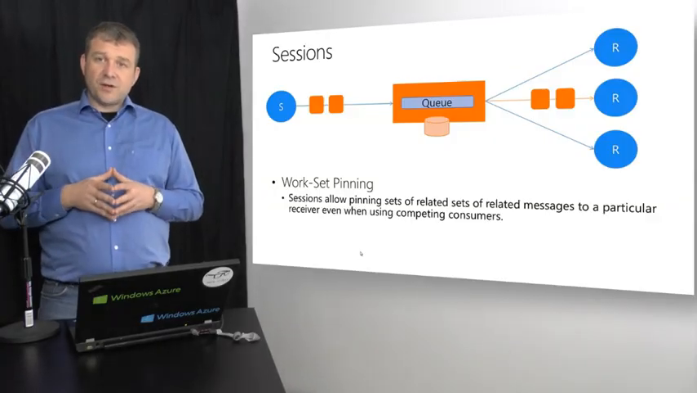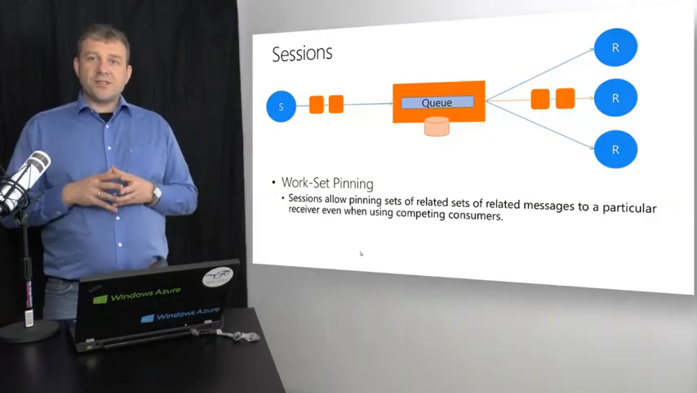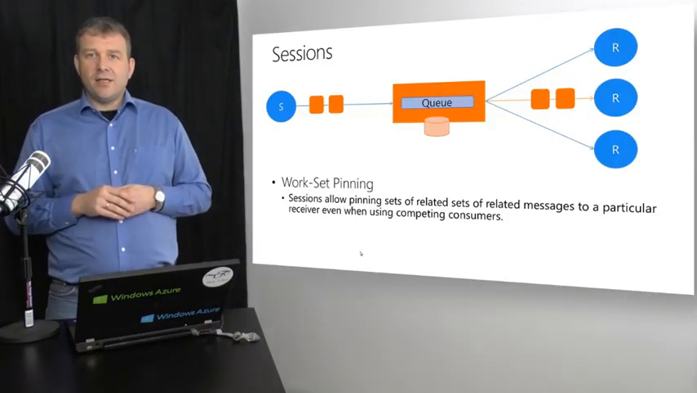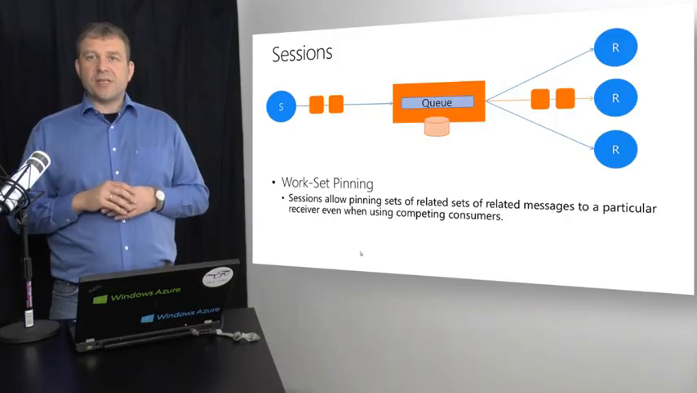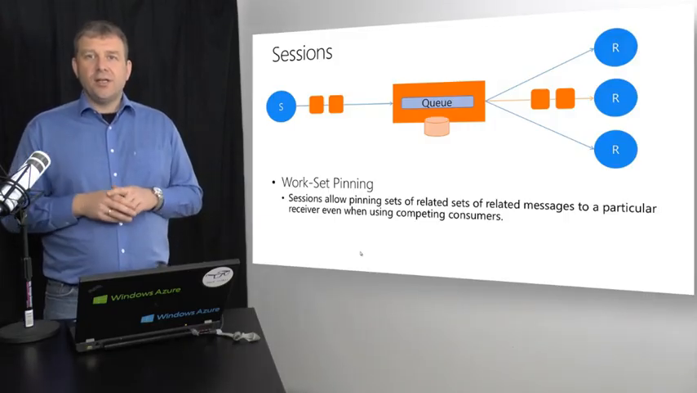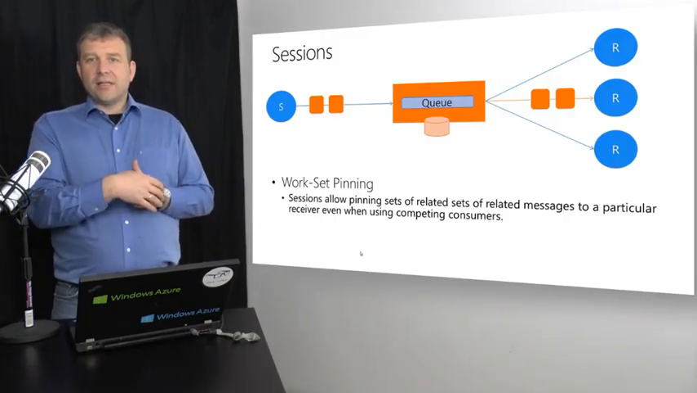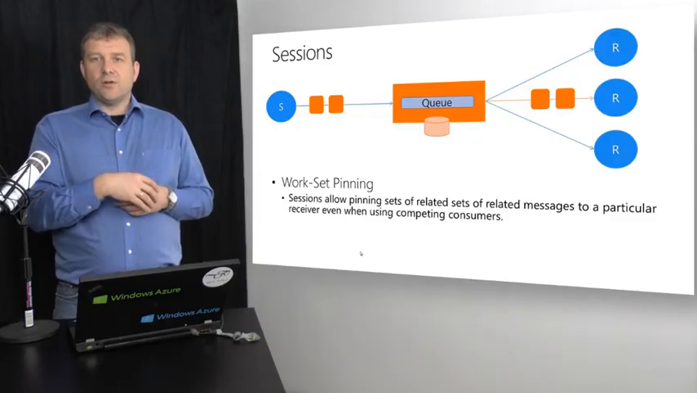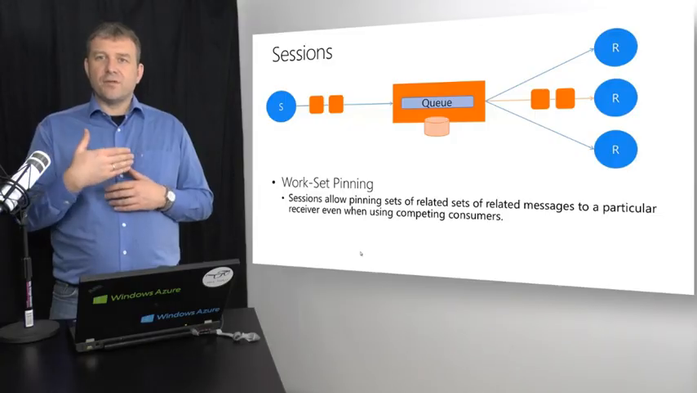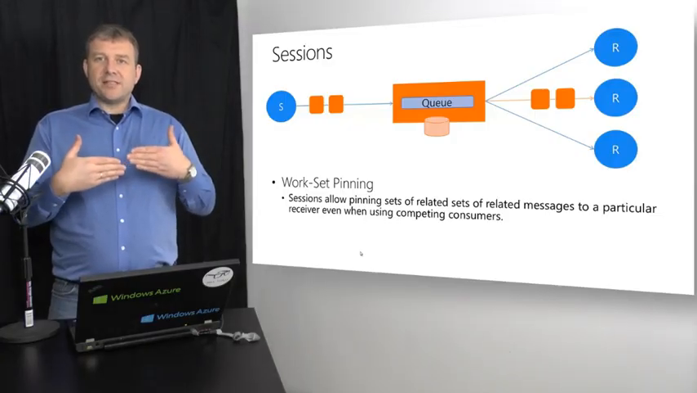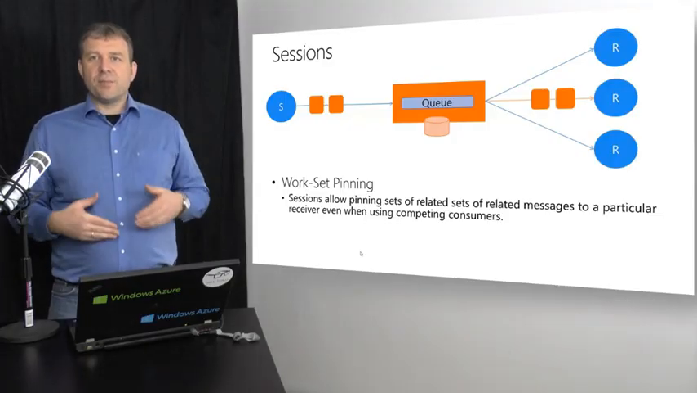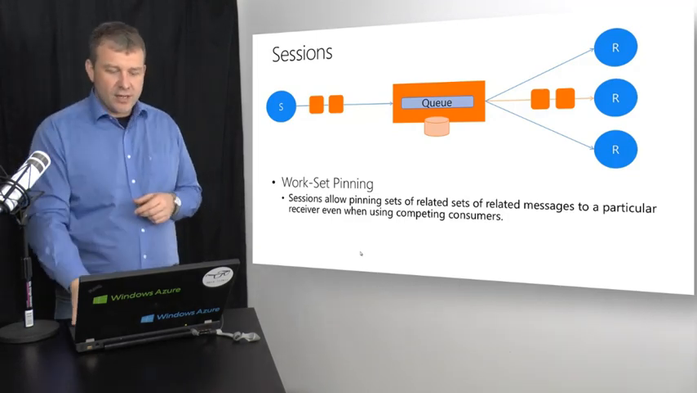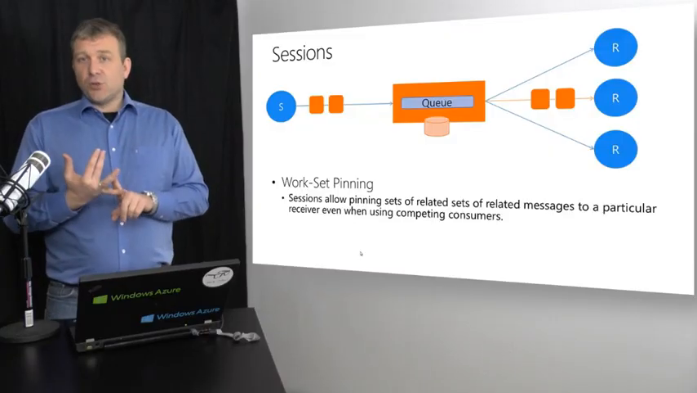So a receiver now takes a lock on a particular session ID. It can do so anonymously by simply asking for any session that is not locked. As soon as a message shows up with an unassigned session ID, it will go and be assigned to that. And then from there on, all the messages with that same session ID are being sent to that particular receiver. So you can pin a work set to a particular receiver,